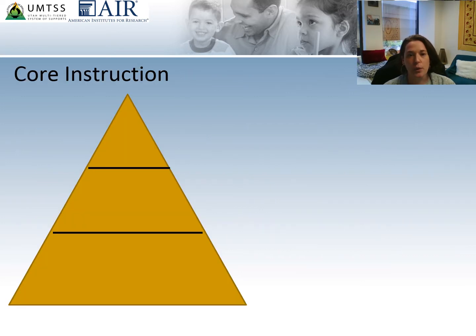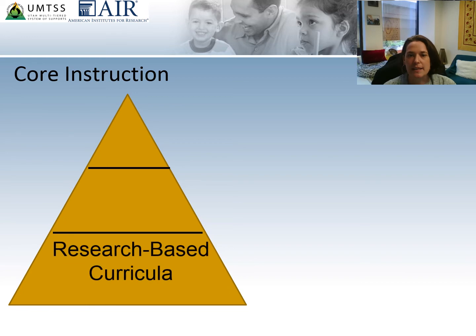At the Tier 1 or core universal level, research and standards-based curricula are typically used. This means that the components like the scope and sequence, sample problems, and pacing are aligned to grade level standards and have been researched and been found to be generally effective, although the curriculum materials have not been rigorously evaluated as a complete package. What's important to point out is that the stronger the evidence for each component or part of your research-based curriculum, the greater the likelihood that your core instruction will result in positive student outcomes.